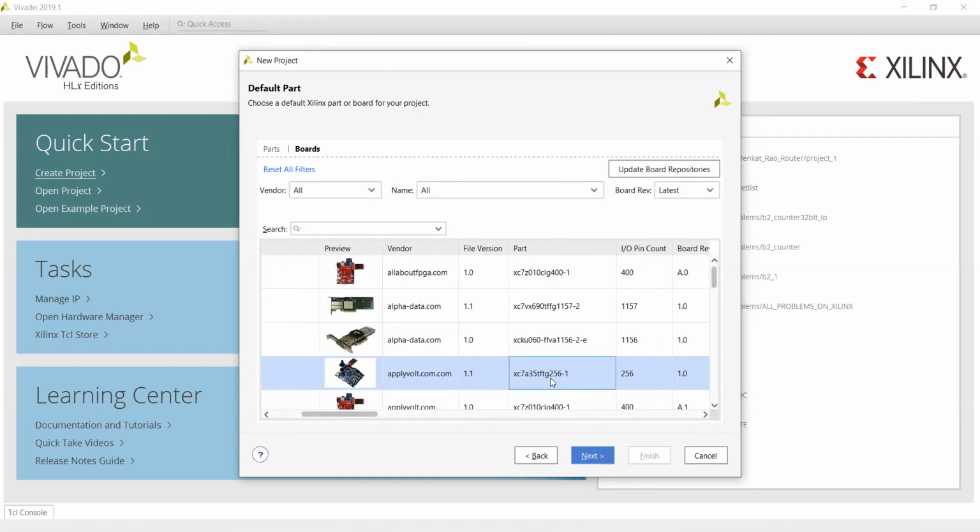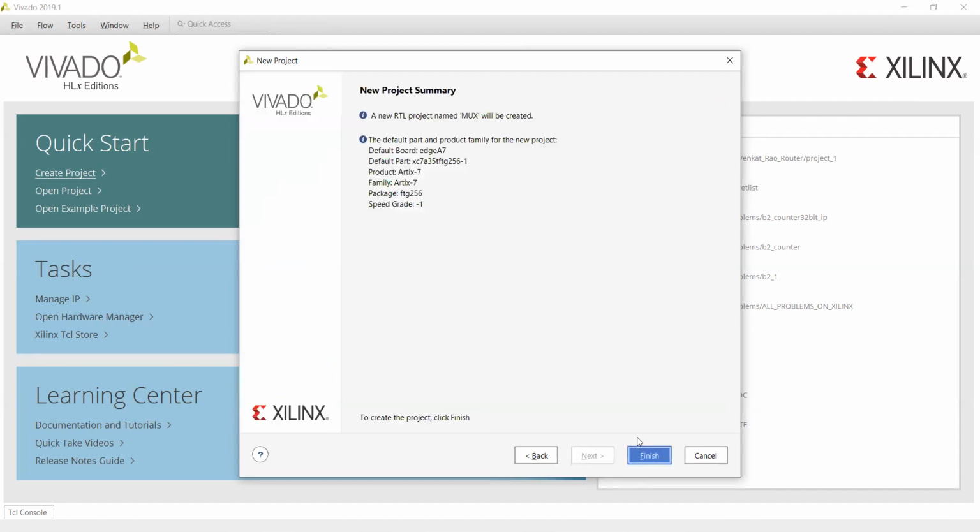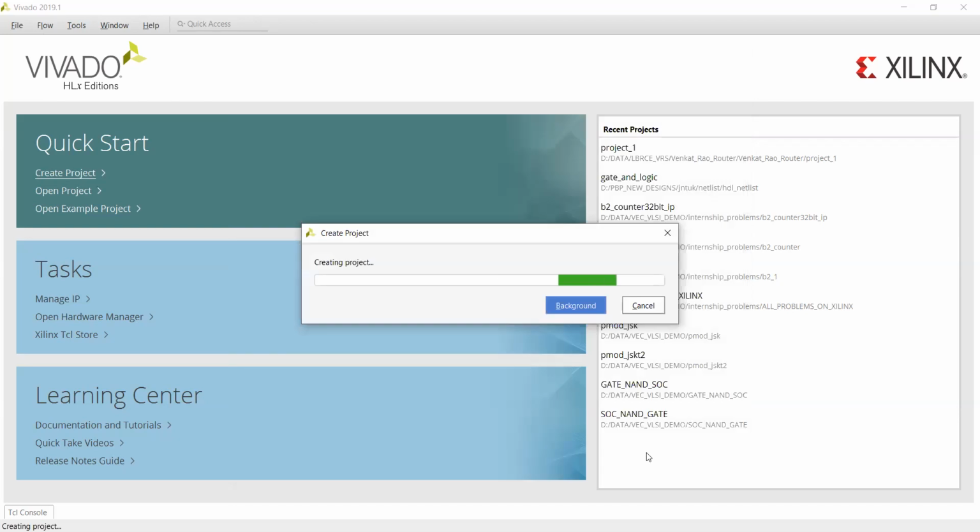If you have a board file, you can select the board, or if you don't have the board files, you can go to the parts, select it, click on next, and finish.